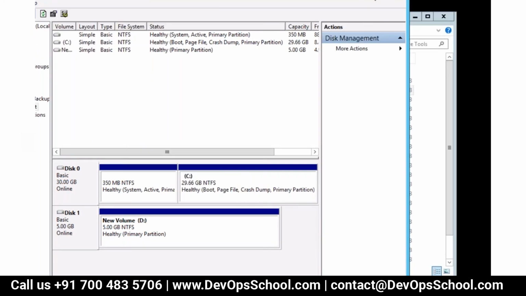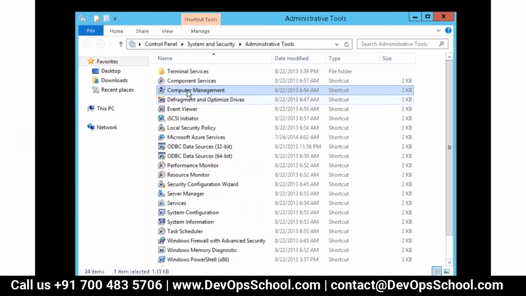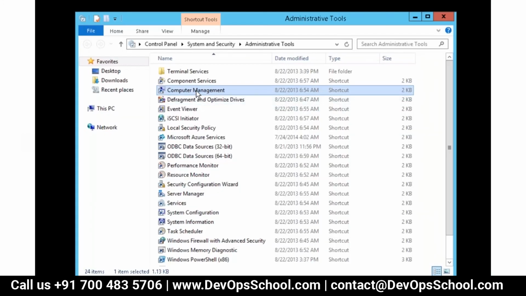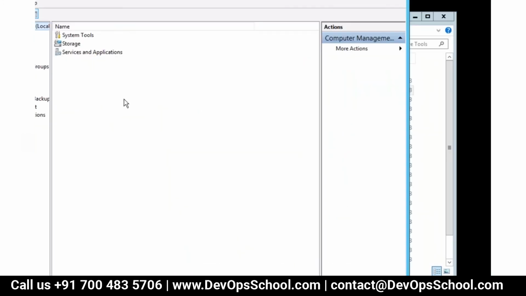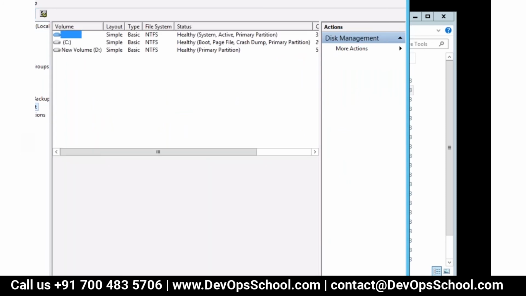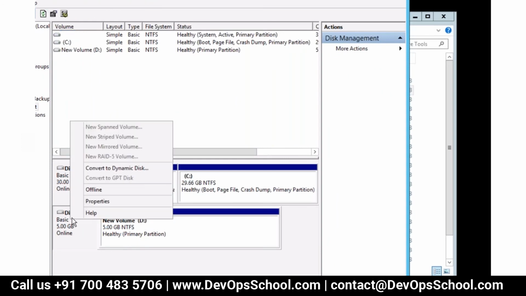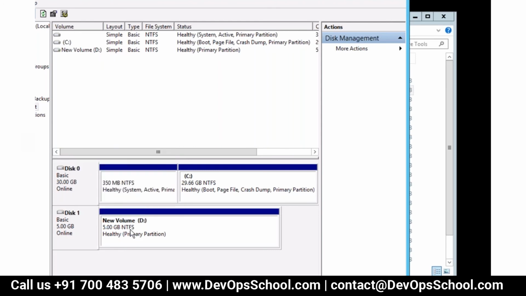Here you go to the taskbar, administrative tools, computer management, then you go to disk management. So you will see this disk. First, on the left side, you right click and make it online. Once this is offline, make it online, and then format it. So right click and initialize, and then you come here and create a new volume.